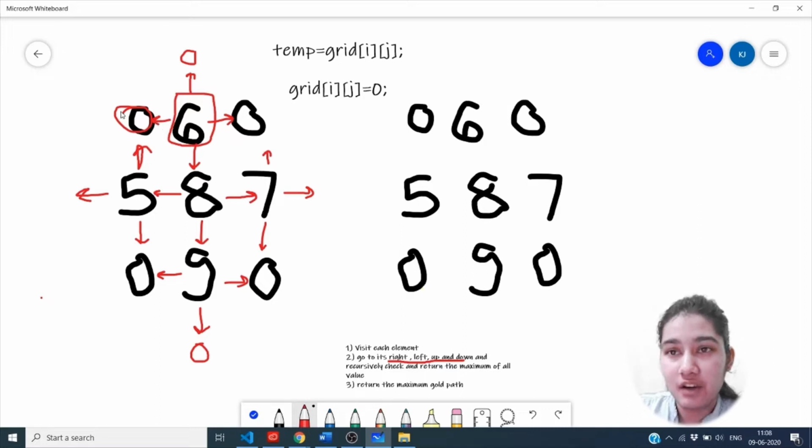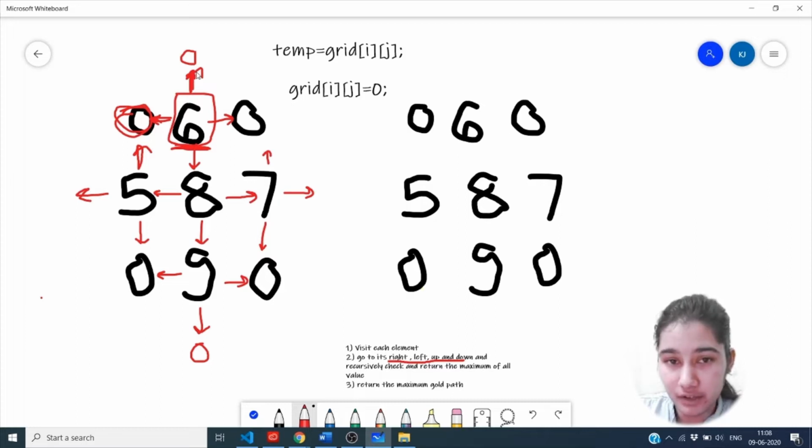Now as we are on the first element, we can see that the value is 0, so we have to iterate over the second element. The value is not 0 for the second element, so we have to go to its left, right, up and down and return the maximum by recursively calling it. Checking its left, as the value is 0, we simply return 0.